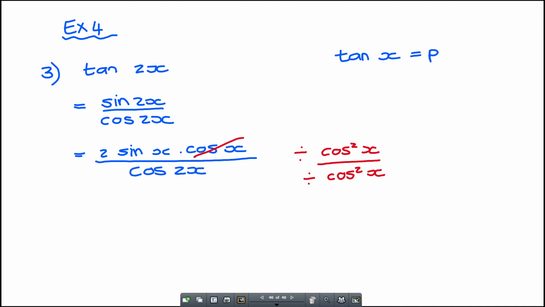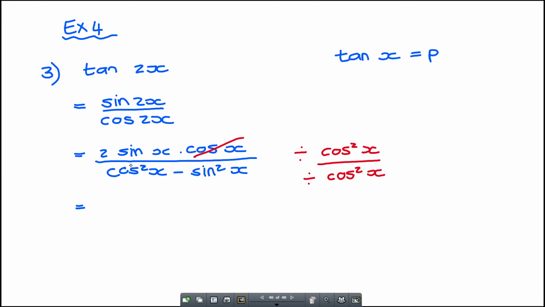Which means that over here, okay, maar wacht, daar wil ek eintlik sommer verander. Over here, that cos x will cancel out, so I will only have 2 sin x at the top, but this bottom part, cos 2x, I'm going to change that to cos squared x minus sin squared x. Okay, nou, wat beteken dat daar gaan hy weer gaan uitkanselleer met die cos. So ek gaan hê hier,